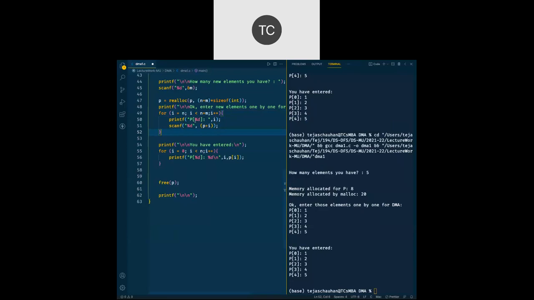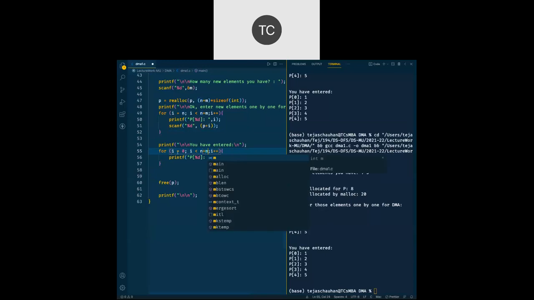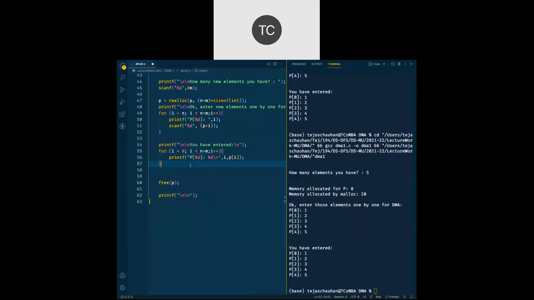Now what do you think? Should we go for i less than or equal to n plus m, or i less than n plus m? Dry run this code in your mind.